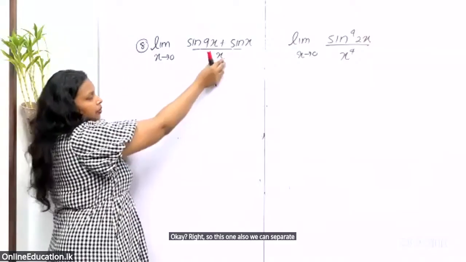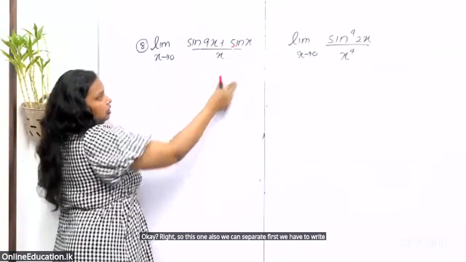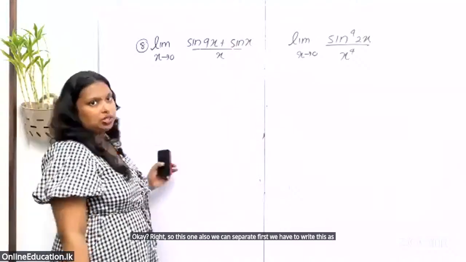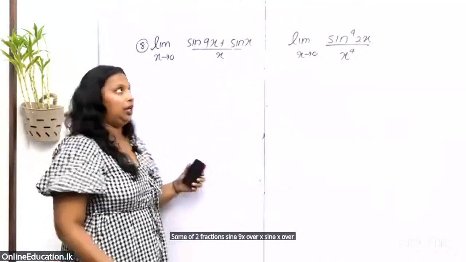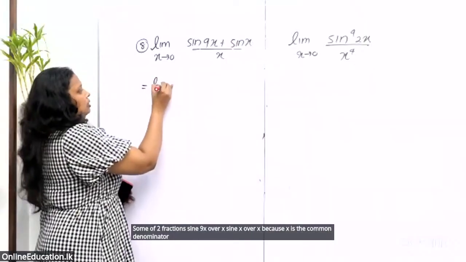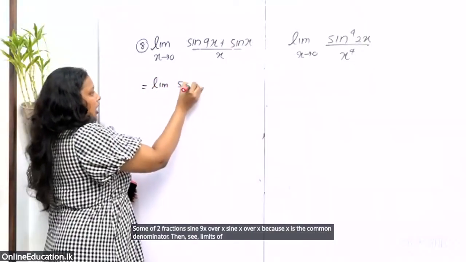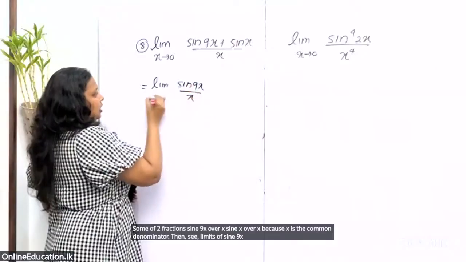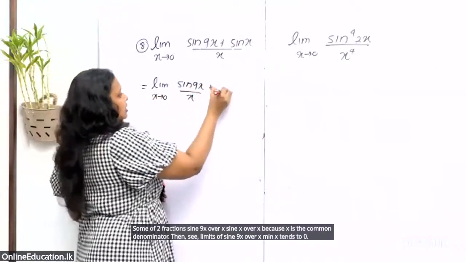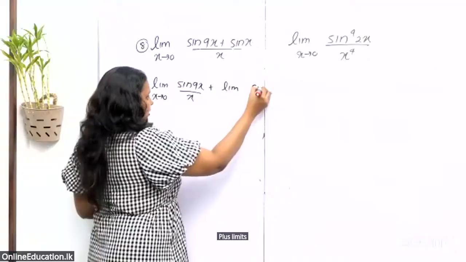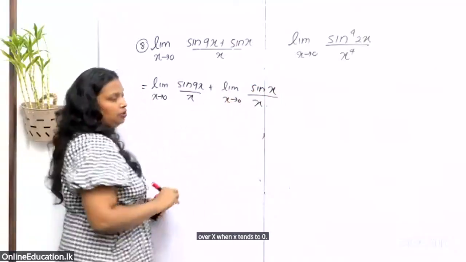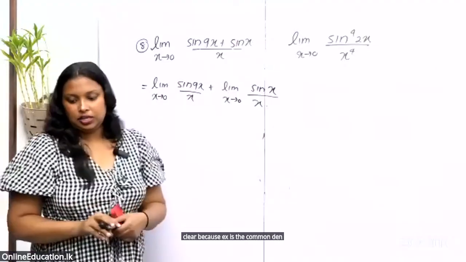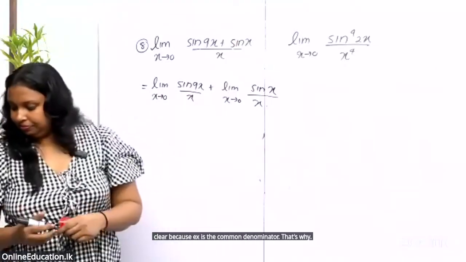First we have to write this as a sum of two fractions, sine 9x over x plus sine x over x, because x is the common denominator. Then see, the limit of sine 9x over x when x tends to 0 plus the limit of sine x over x when x tends to 0. Clear? Because x is the common denominator. That's why. Right. Now,